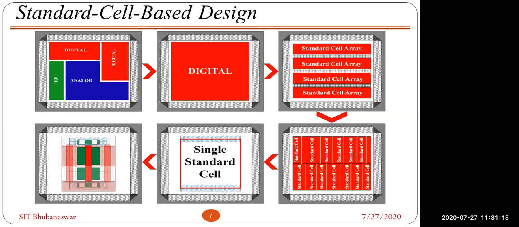Chip. Got the chip? You know chip. Have you seen a chip or not? Yes, sir, in all that mobile electronics. Even if you have seen it in your lab, you have seen the chip.